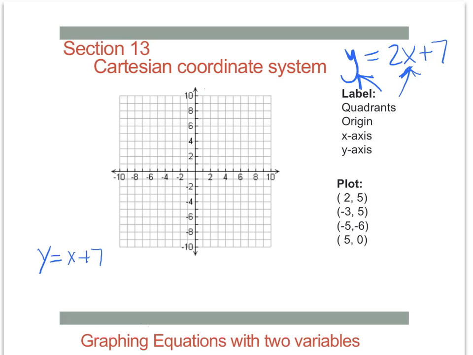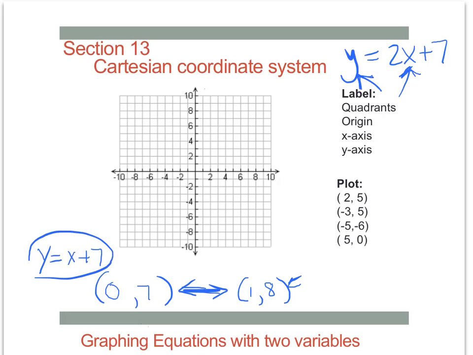First of all, there's two variables, so a solution to that equation is going to have two parts to it. And we usually write them in ordered pairs, the first number being the x value, the second number being the y value. And you can just see, just looking at this, if x is 0, y would be 7, right? And that is considered to be one solution. So what's another solution? How about if x is 1? If x is 1, y is 8, right? That's another solution. So that's just two solutions right there. So you can see that there would actually be an infinite number of solutions to this.